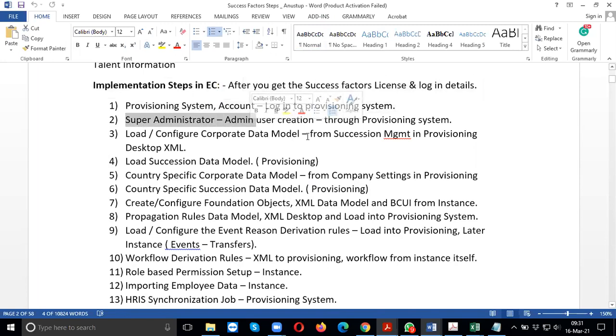Once the provisioning system is done, the company administrator or the project manager will send a request to SAP stating that we need access to the instance.